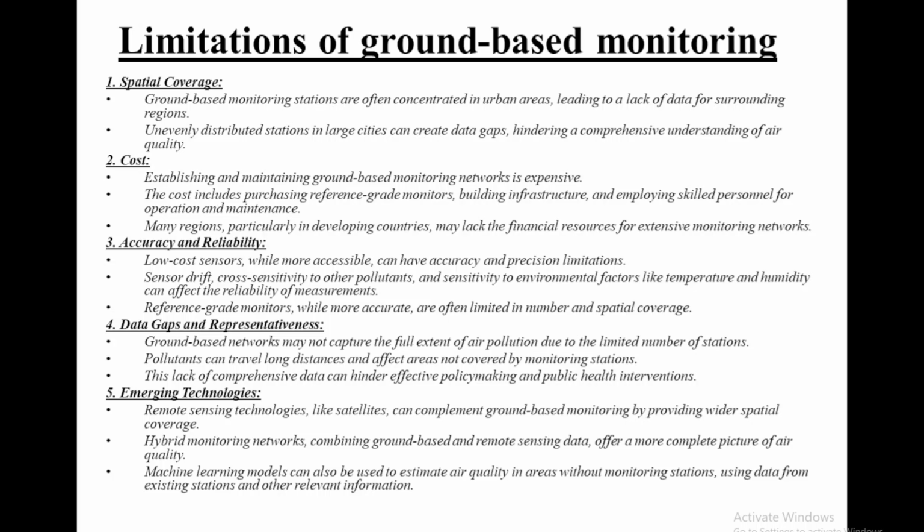Let us now look at the limitations of ground based monitoring. While ground based air quality monitoring remains the gold standard for accuracy, remember that it is a gold standard for accuracy and real time detection, it is not without its limitations. It gives direct measurements, real time measurements, accurate measurements, but it has its own limitations. We will look into them. So understanding these shortcomings is very essential to appreciate the value that satellite remote sensing brings to air pollution science.